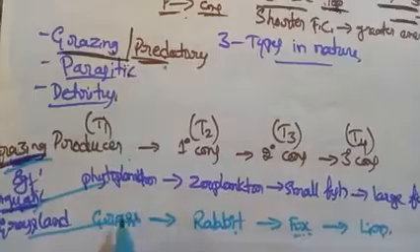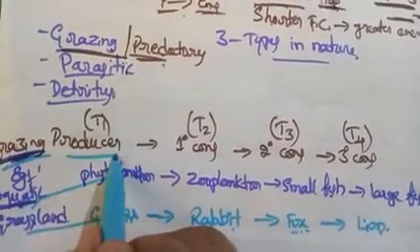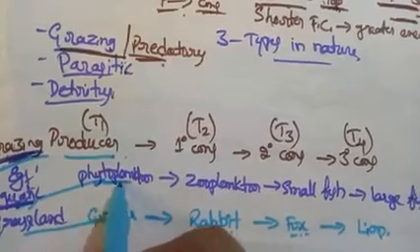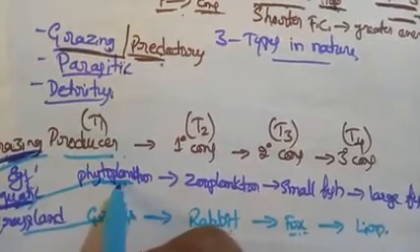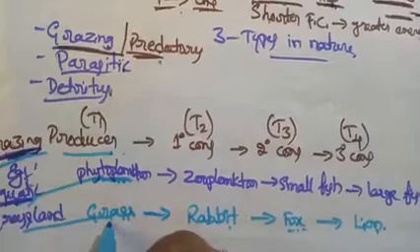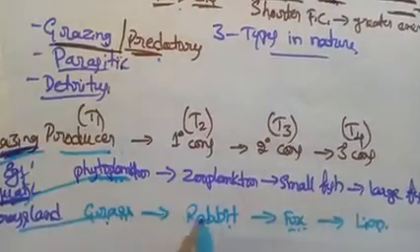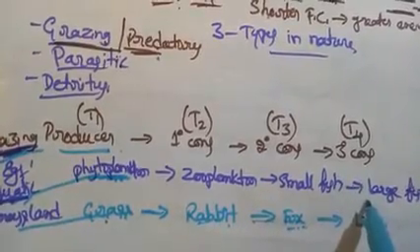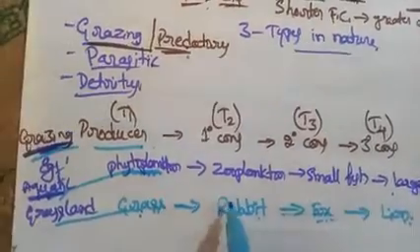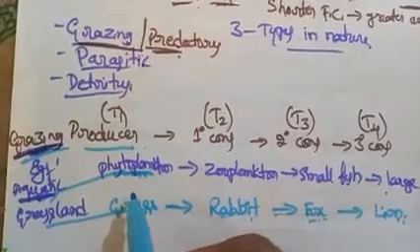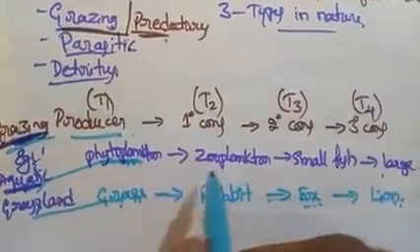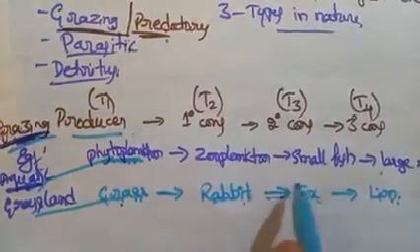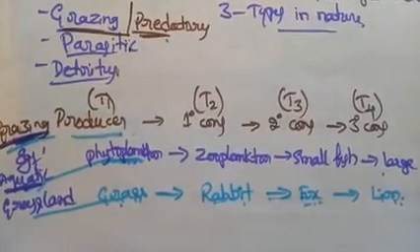Here this always begins with the producer. The producer means it is nothing but the green content of the plant, that is a chlorophyll bearing organism like the phytoplankton or maybe plants like the grasses, and in successive order it goes from small organism to the larger organism, right? So this is about the grazing food chain or a predatory food chain. Why we are calling it predatory means they are killing other organisms for the purpose of food, or they are dependent on other organisms for the purpose of food.